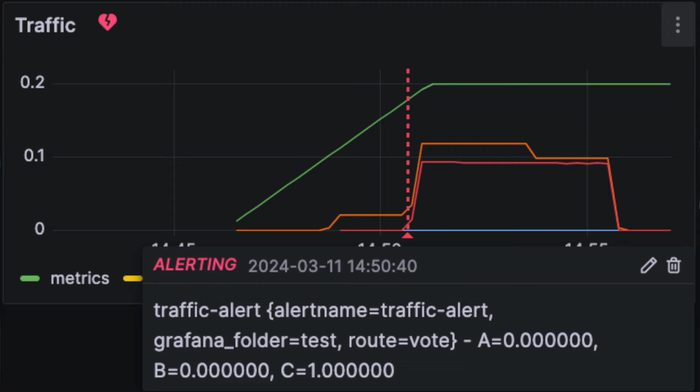In this video tutorial, I'll quickly show you how you can add Grafana alerting to your dashboards. By the end of this tutorial, you should have an alert rule linked to a panel in your dashboard. When the condition in the alert rule has been breached, you should be able to see this as an annotation